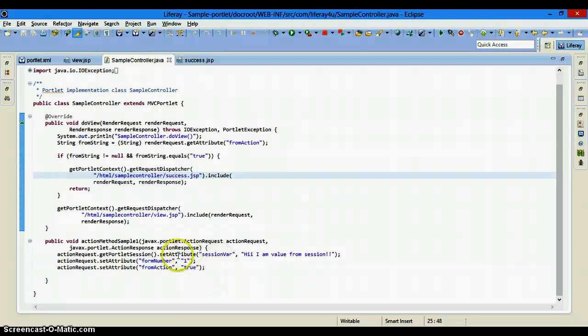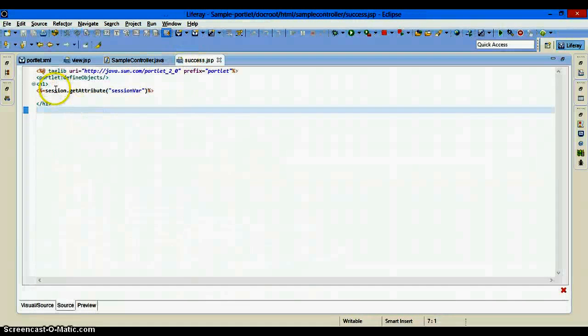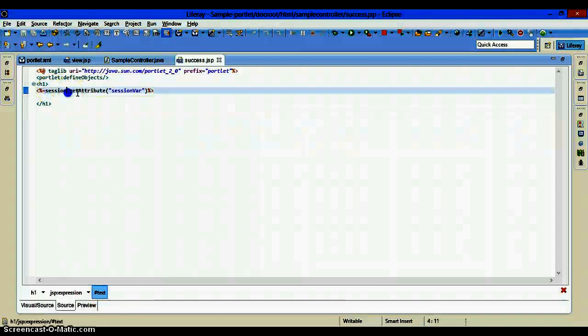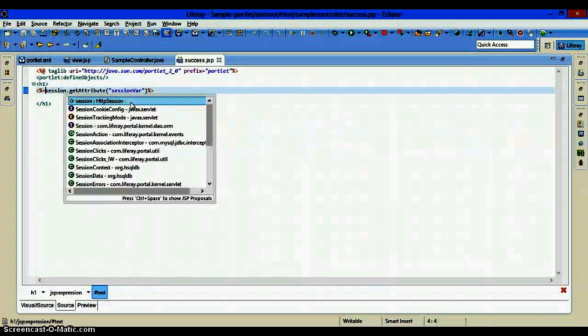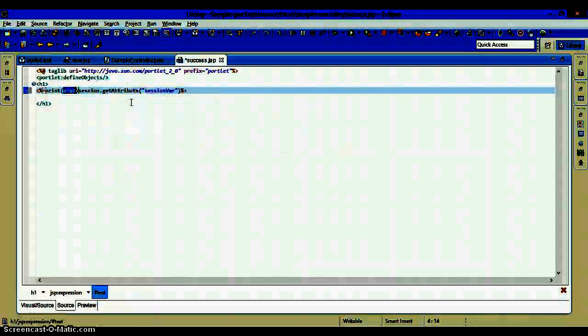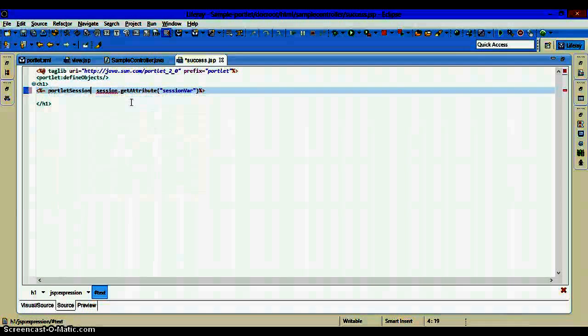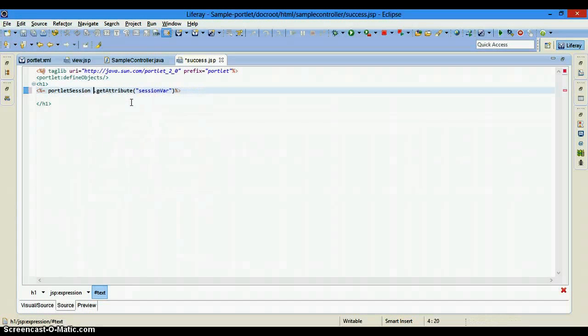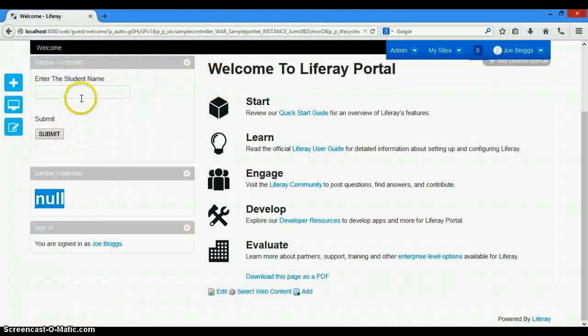Get portlet session and dot set attribute. Oh well, it's actually portlet session. It's not HTTP session. My bad.